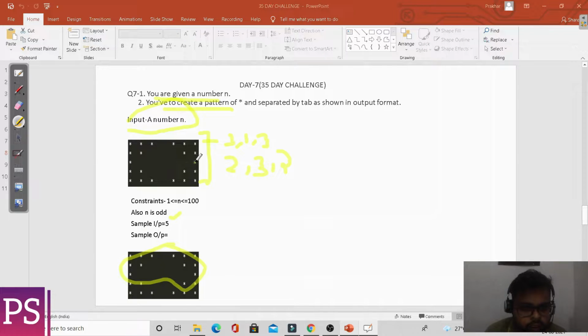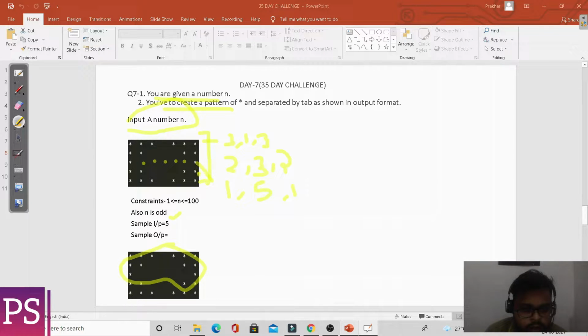Then in the third row there is one star, five spaces, one star.